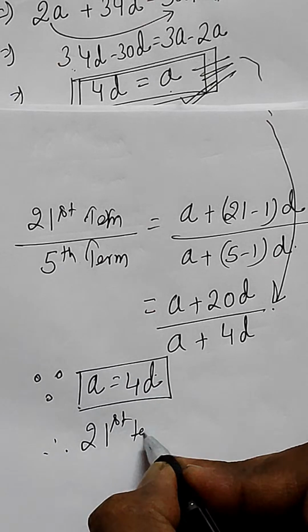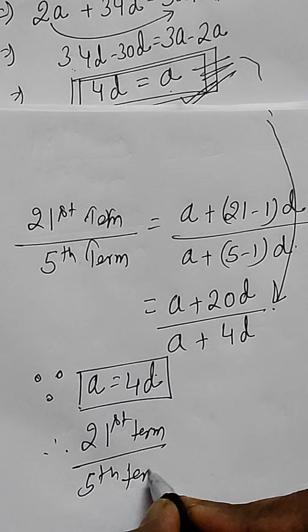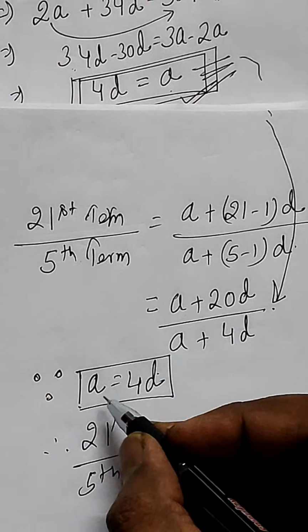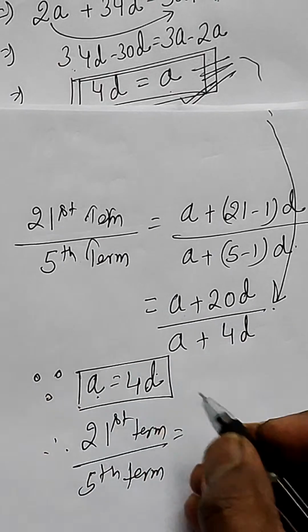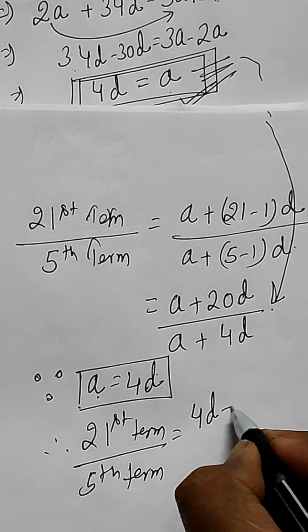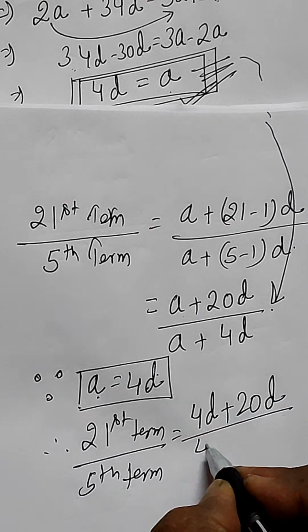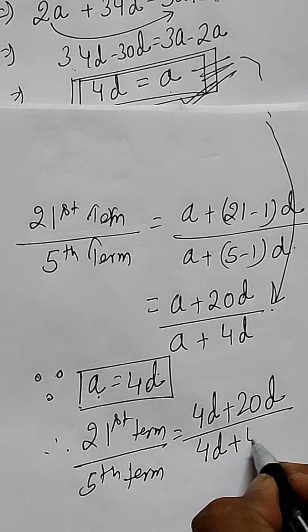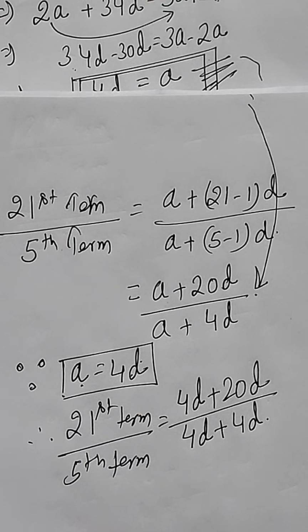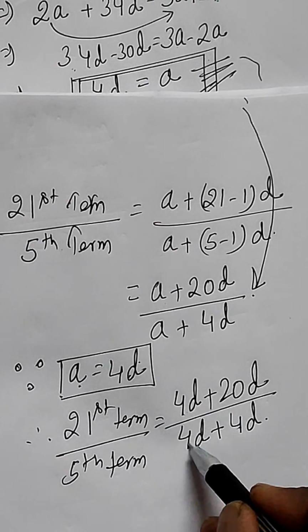21st term by 5th term is given by a plus 20d. That means in place of a, just put 4d. So this will be given as 4d plus 20d divided by 4d plus 4d, right? And finally this will give you 24d by 8d,